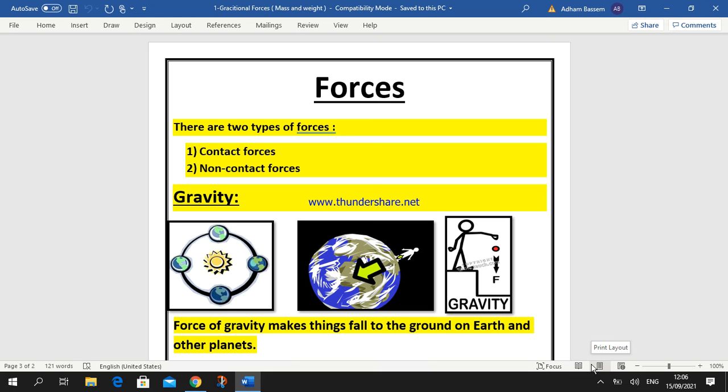And force is measured by a measuring unit known as Newton, related to the scientist Sir Isaac Newton, who discovered gravity, okay? Let's start with force number 1, gravitational force, okay? The force of gravity makes things fall to the ground on the earth, okay? The force of gravity found in the center of the earth explains why when we throw any object on the earth's surface, it is attracted to the earth or pulled down into the earth, okay? Due to the presence of